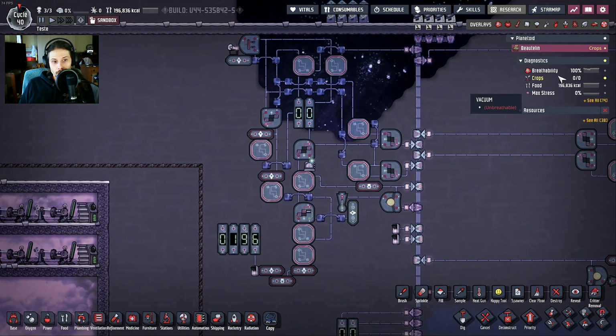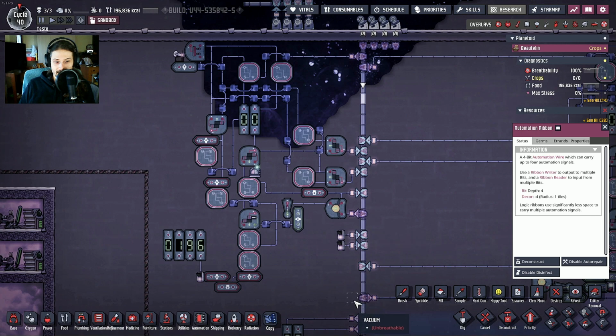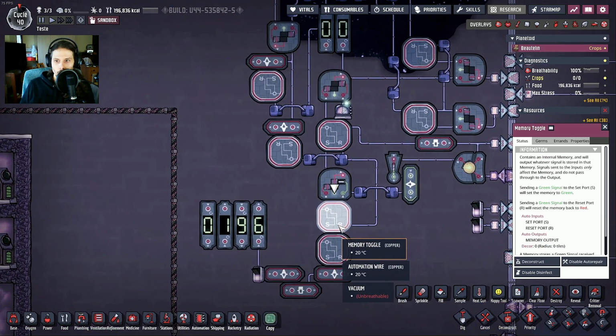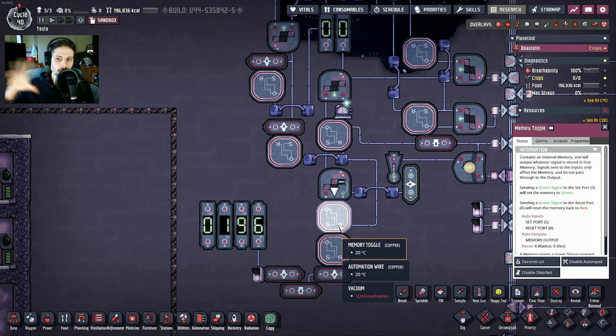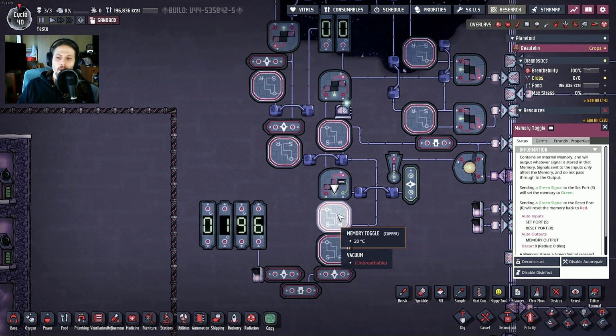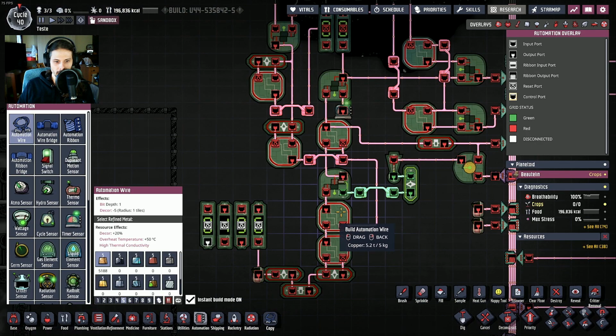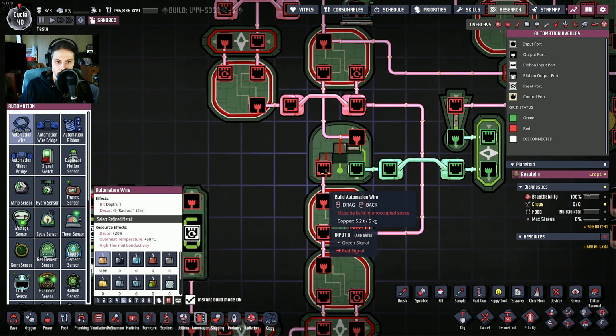You see, if you have multiple encoder units writing at the same time, bad things will happen because the code will not be transmitted correctly. However, this will hold the signal in place if another encoder unit is writing. So you can call this the waiting memory toggle, right? Once the other units have terminated their work, this signal will be allowed to pass through